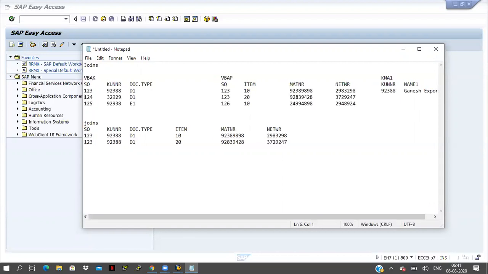Can I export something I'm taking? Okay, here the name should be something.